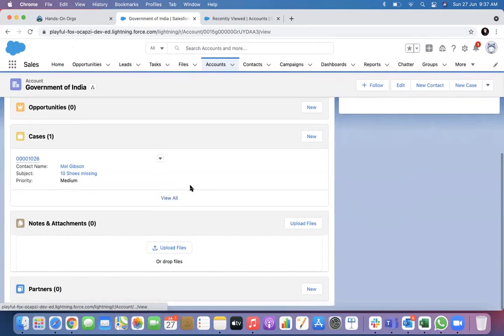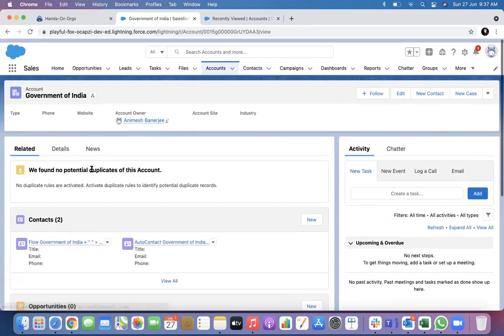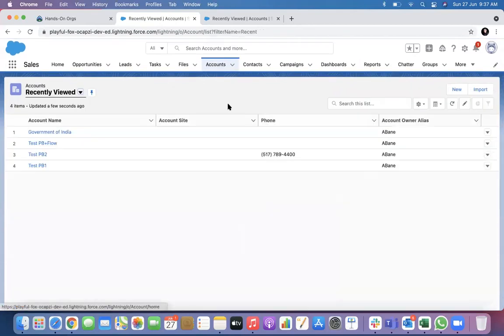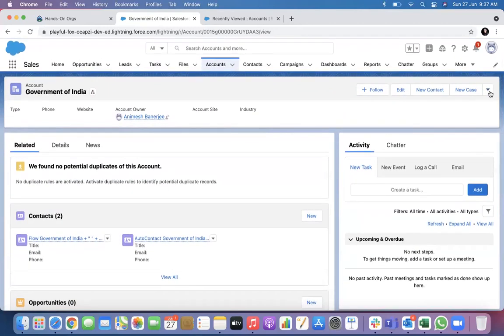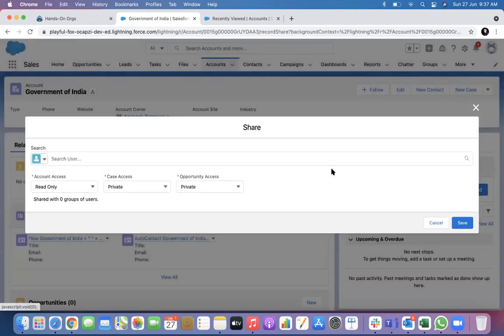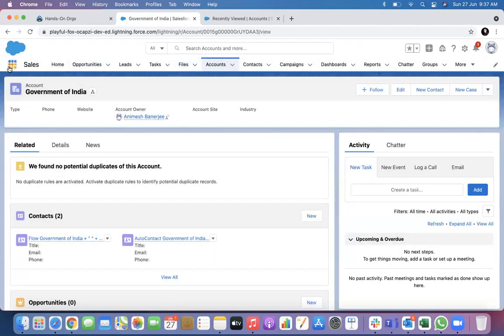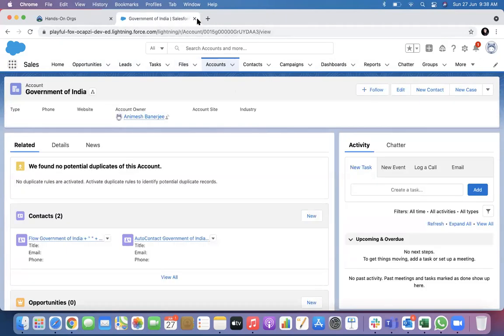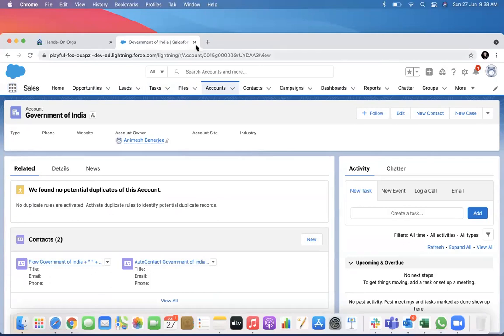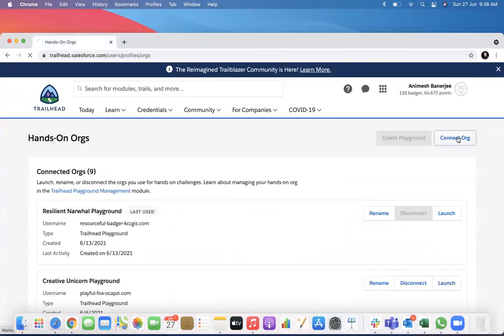Another way of sharing records is team sharing. So how does that work? If I go and check the sharing, does it create that sharing? No, it did not create the sharing. Anyway, I'm sorry about the noise. Let's do the sharing from scratch in a new org, because I think a lot of things have been done on here.